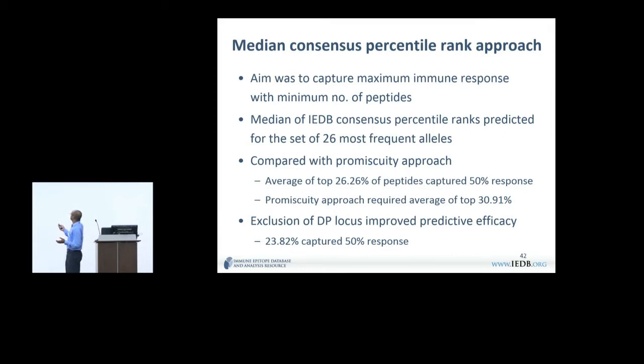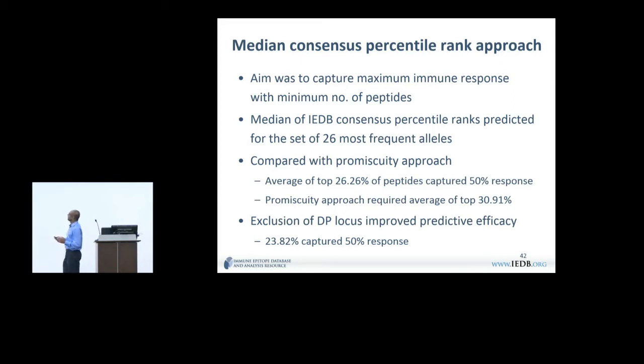So one approach out of several that we tried: we used the 26 most frequent alleles, did the prediction, and estimated the median IEDB consensus percentile for these 26 alleles. We found that this was better than the promiscuous binder approach. With the promiscuous binder approach, you required approximately 31% of peptides to capture 50% of the immune response. But if you go with the median, you needed only 26%. So that was a 5% peptide gain